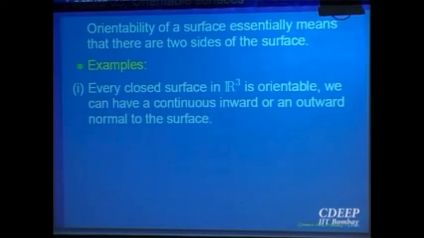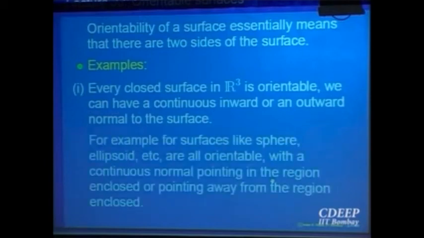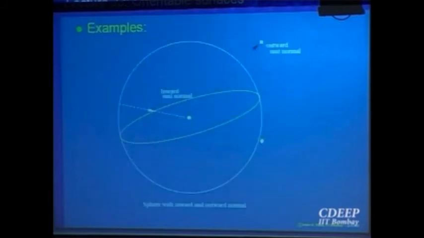So normally closed surfaces in R3 are all orientable. It is possible to choose a continuous unit normal. An ellipsoid, a sphere, all such things it is possible. Then we'll say it is piecewise orientable, and we'll go to extensions like this. Piecewise orientable means that only on the common portions, where two surfaces join together, there is probably a problem, but everywhere else it is okay, no problem.